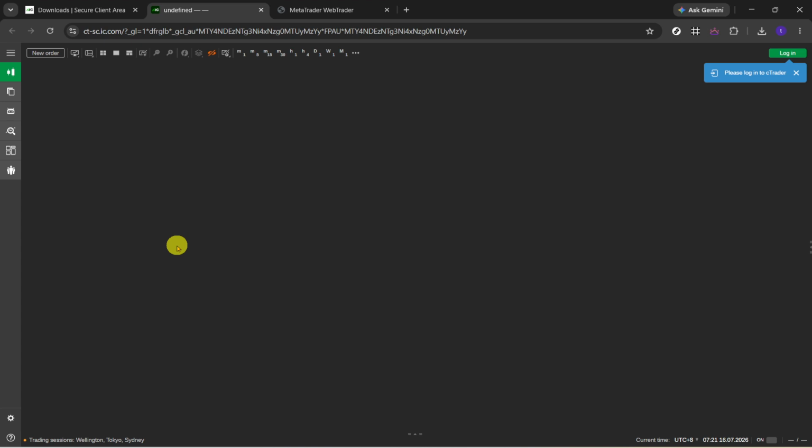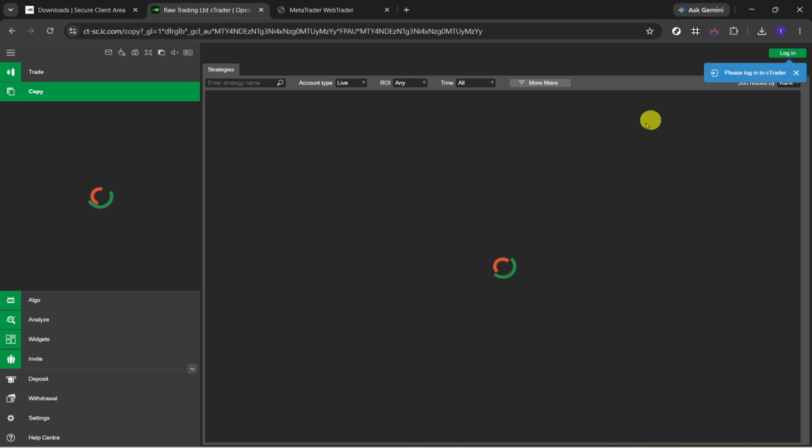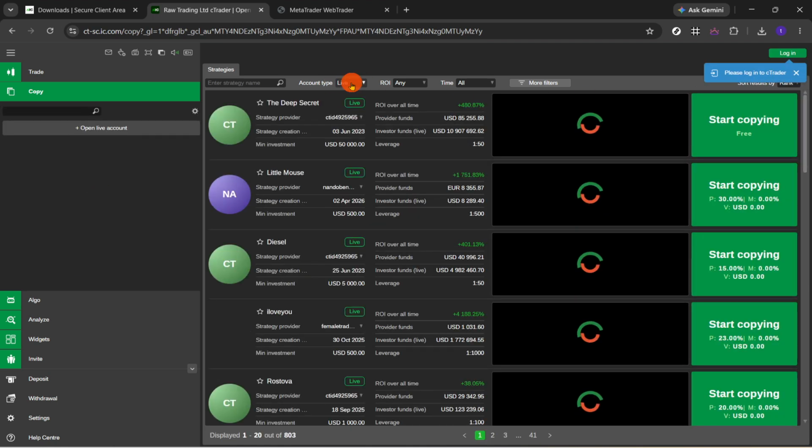Once CTrader Web opens, look again to the left side of the platform and click on Copy. This is the dedicated area for copy trading, where you can browse and connect to available strategies. After entering the Copy section, find the Account Type drop-down menu and select Demo. Using a demo account is a helpful way to test copy trading before using live funds. It allows you to become familiar with the process and understand how the platform behaves without taking on real financial